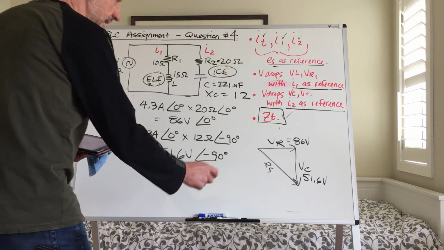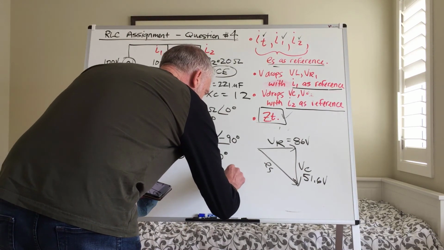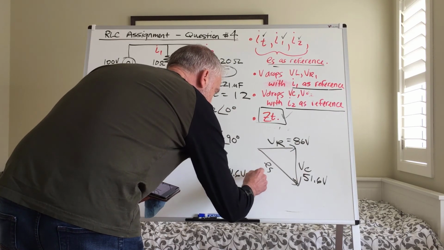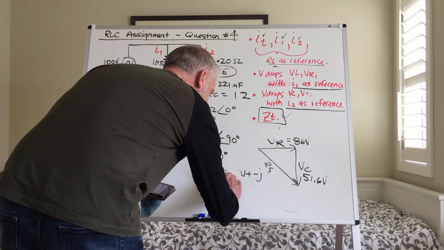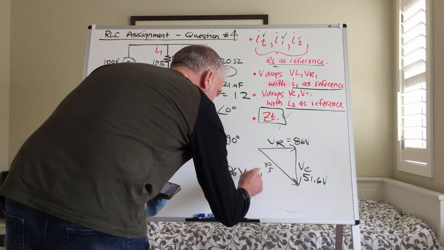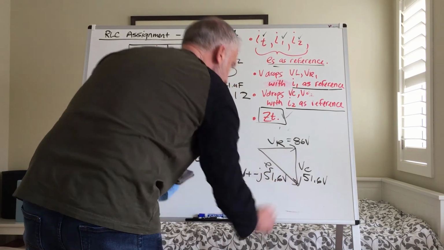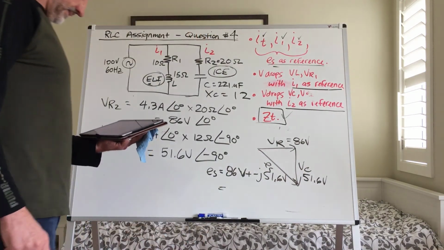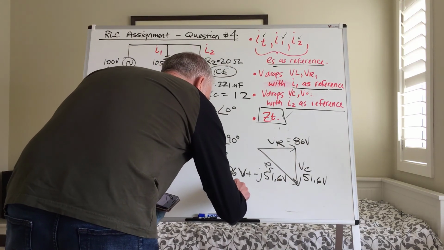And if you were to indicate that as an E source value, it would be 86 volts plus a minus J 51.6 volts, of which if you do a polar conversion on that, you would get E source equals